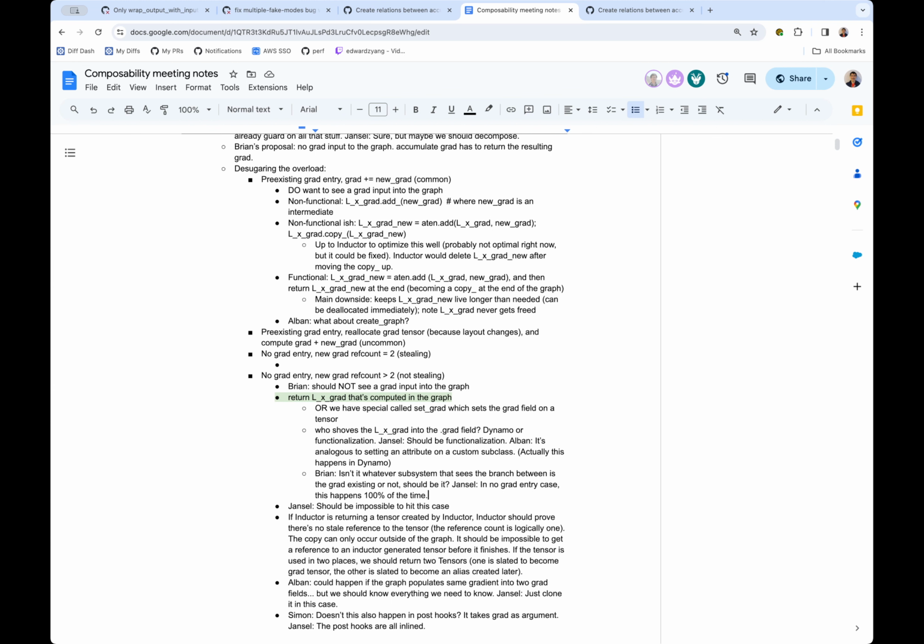So I think another way to answer this question is: when AOT autograd gets a graph from Dynamo, is that graph allowed to have .grad accesses and stuff? Currently, I believe it's lifting the .grad accesses to inputs to the graph. Yeah, so that actually suggests that setting the .grad fields should be a Dynamo-side thing. Yeah, I mean